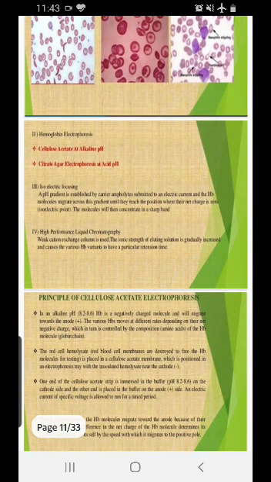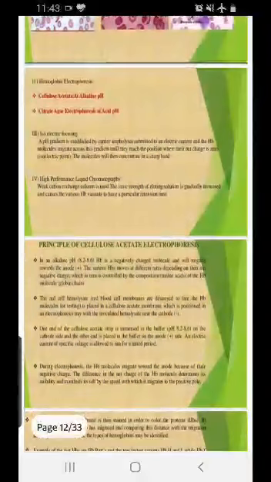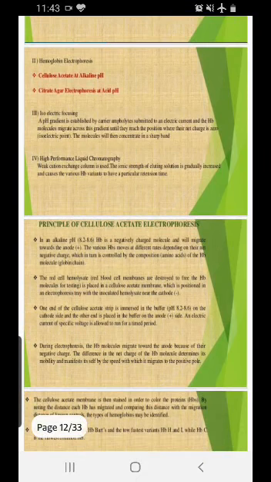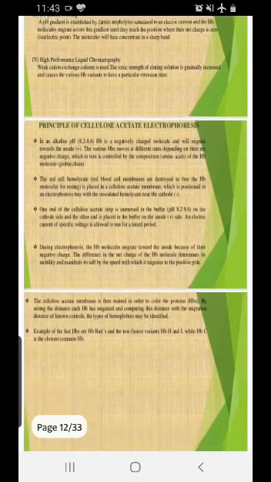Now the hemoglobin electrophoresis, in this there are 2 different types. One is cellulose acetate, and then we have the citrate agar electrophoresis. One works at an alkaline pH, another works at an acidic pH. Then we have isoelectric focusing, and then HPLC, which is the definitive and the most accurate way of diagnosing the different hemoglobin variants.